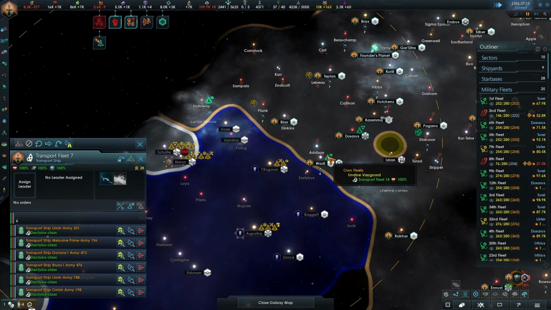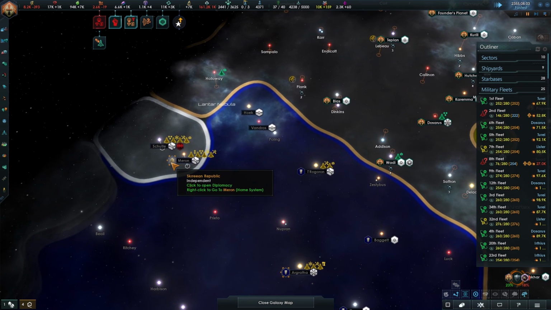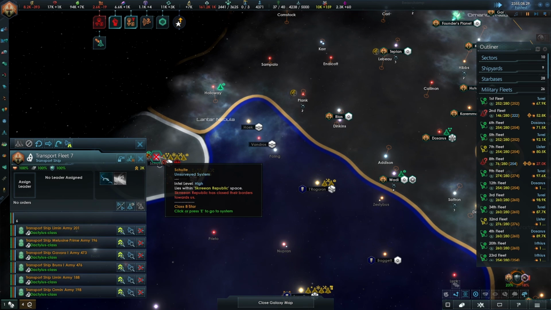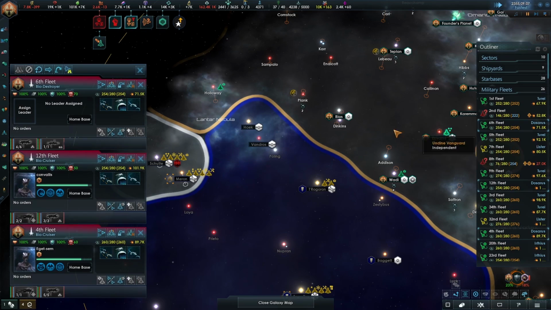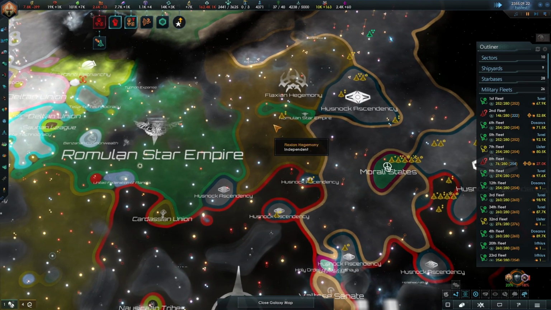And we already have a transport fleet here. We have one here just in case we need two for whatever reason. But if we declare war, it's just going to be the Skrian Republic. Wait, why can we not declare war? We do not have any purge against them. Neighboring the target empire will grant the purge. But we are neighboring them. That's literally... Oh. Are you not directly linked? Maybe you're not directly linked. Maybe that's why. Okay, so maybe Skrian Republic, you're doing okay. You're going to survive for a bit. Maybe, why don't we go after the...